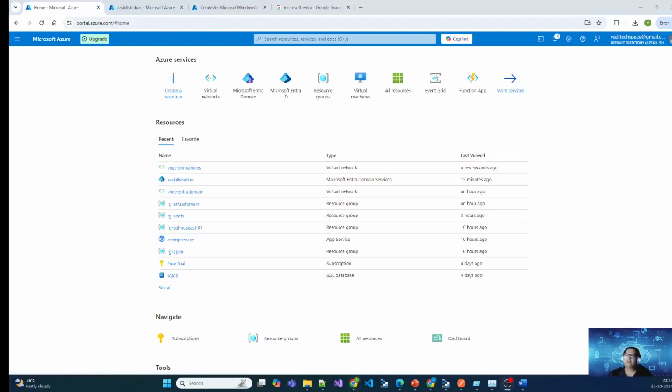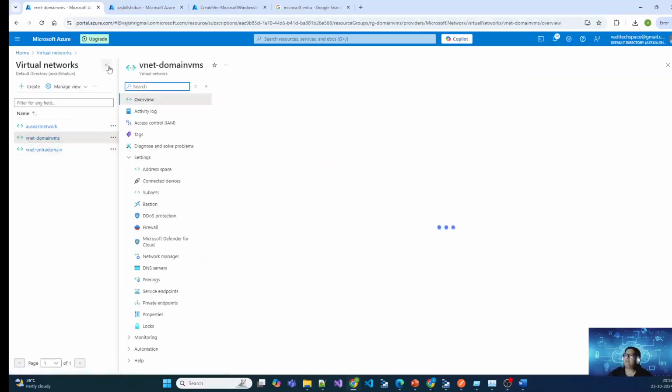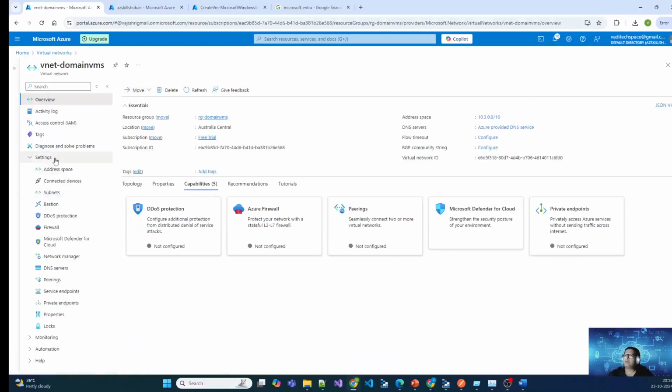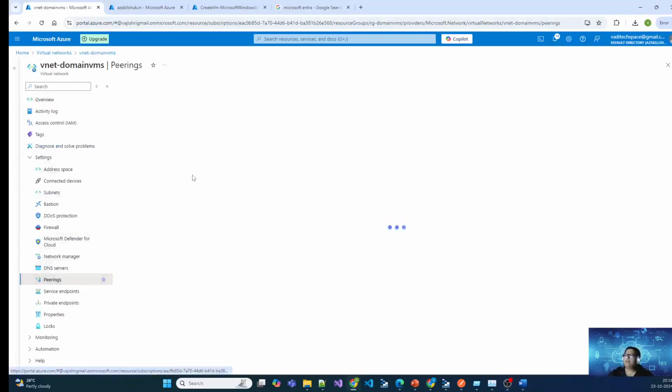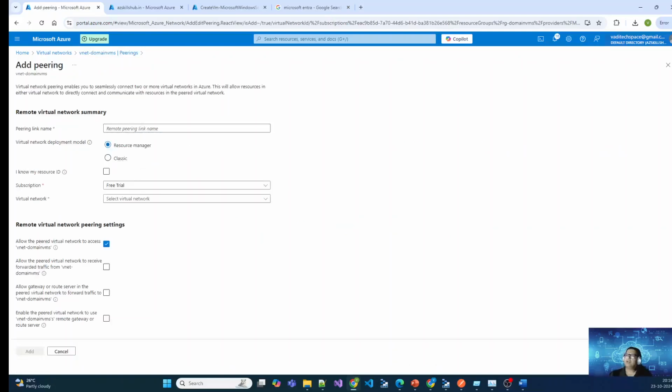Now let's go to the virtual networks and peer the Microsoft Entra Domain Network and Virtual Machine Network. So let's go to the virtual networks here. I click on the domain VMs network. Under the settings, I go to the peerings. Here in the peerings, I'm going to click on add. I'm going to say peer with the domains VNet,